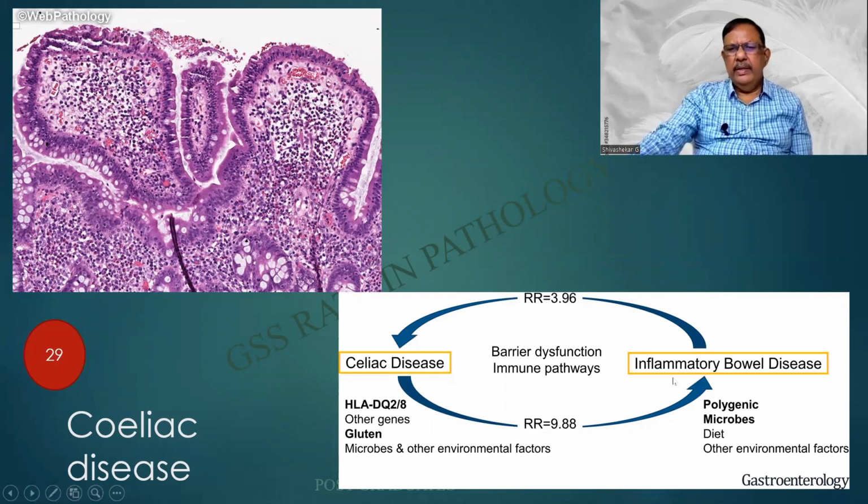That having been said, there is also another school of thought, thanks to Gastroenterology, the journal from which it is taken. You find that celiac disease and inflammatory bowel disease can be two different spectrums. There are various genes that are there, and then the gluten sensitive enteropathy is over here, whereas the microbes, diet, etc., environmental factors can be towards inflammatory bowel disease.